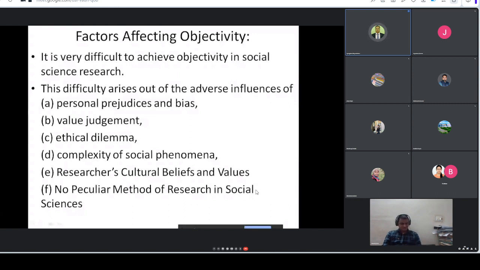Why I'm saying so is basically because it is believed that cultural values and beliefs are deeply rooted, and that particular community has a strong attachment with these cultural values and beliefs. As a result of that, sometimes it affects our own study. That is why sometimes if you are studying your own community, your own religion, or even your own